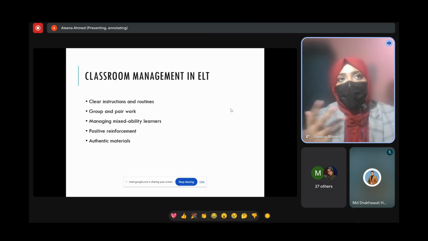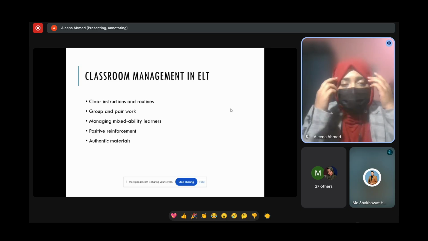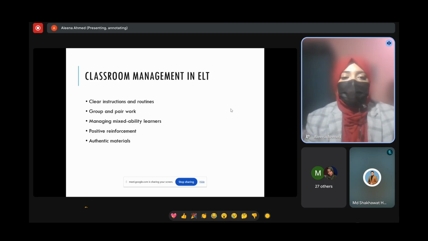When we have learners that cannot see from the last row, a classroom should be flexible enough to allow them to change their seat whenever they want to. And maybe we have some students that cannot hear a teacher's voice properly. They should also be allowed to change their seat whenever they want to. A classroom should be this much flexible, right? And the positive reinforcement, we already discussed it, that it should not be a punishment, it should not be negative, it should always be positive.